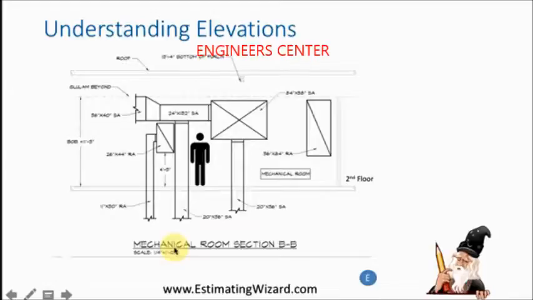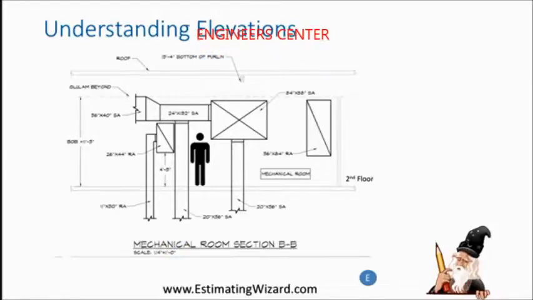So that's the plan view, and this is the elevation. So really you have two types of views. You have the plan view where you're looking straight down on it, and then the elevation as if you took a knife and you cut the cake and you're looking on the insides of the cake. So as you can see, this is the second floor,